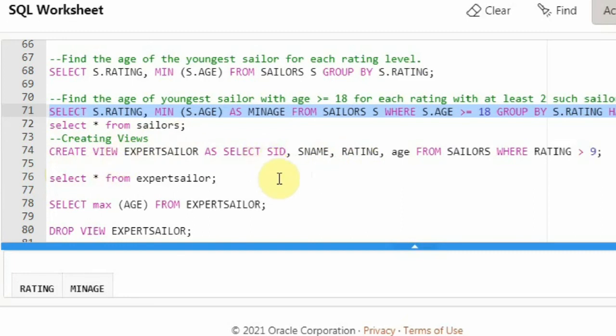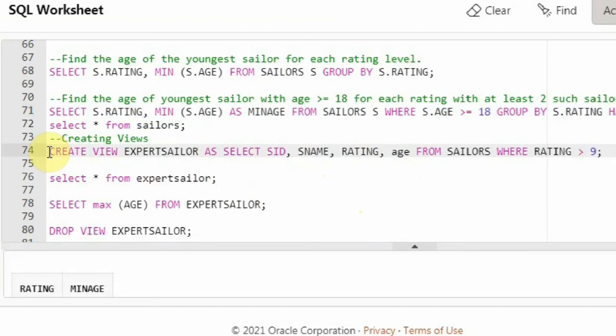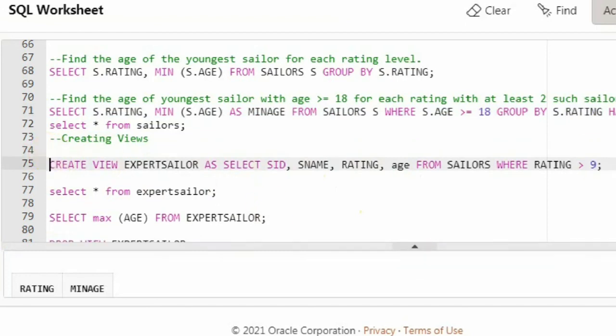And remember that views are similar to tables, but they won't be stored in the database. They will be created as and when needed from the view definition. Every time you call this view, this create view will be called, and from the sailors table this view is automatically calculated every time. So this view will not be stored in the database, but your tables will be stored in the database. So views are created on the go.